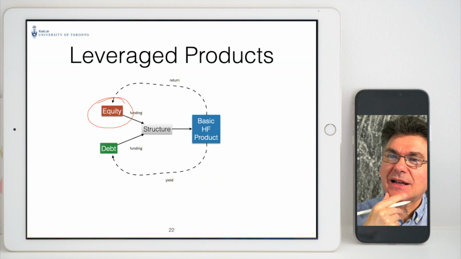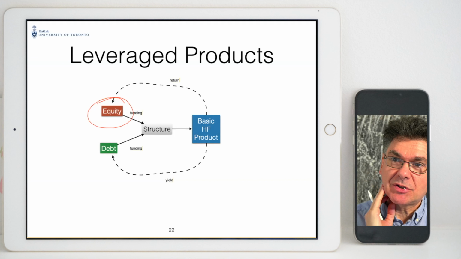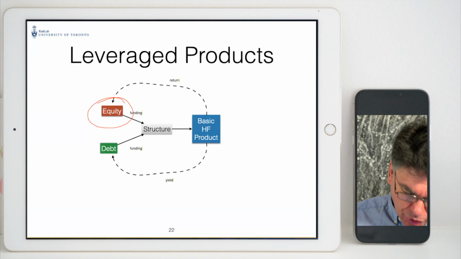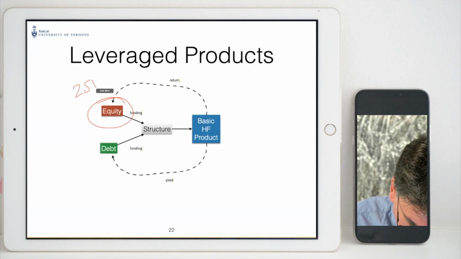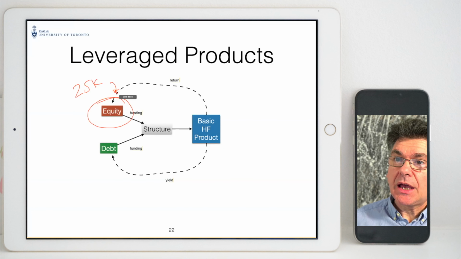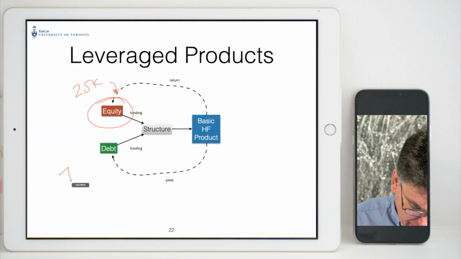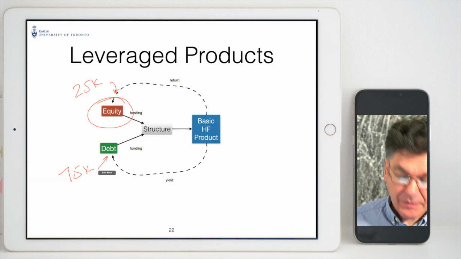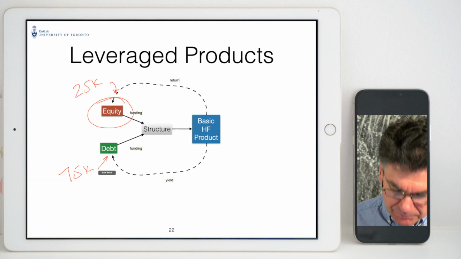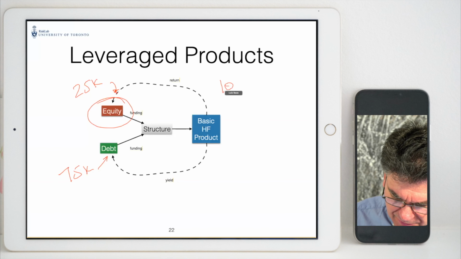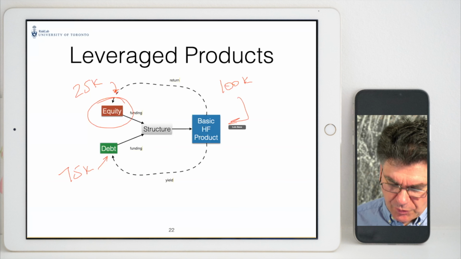Then you go to the bank and say, can I borrow 75,000 RMB so I can invest? So your 25,000 is the equity. And you're going to borrow, in this example, 75,000. That will be called debt. And now you have 100,000, which you invest. You invest that in a